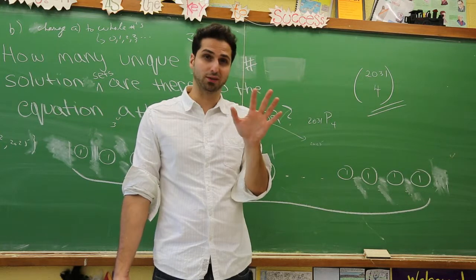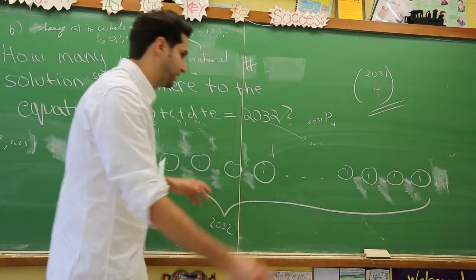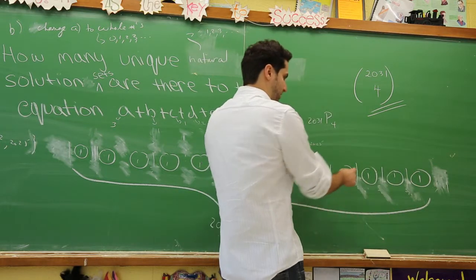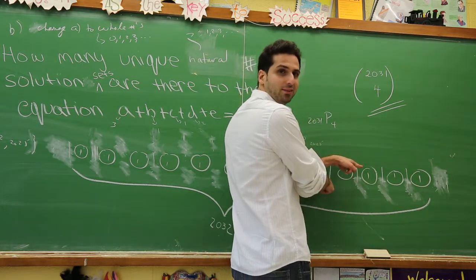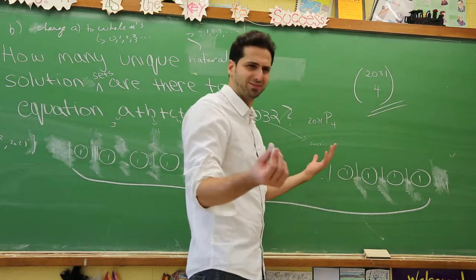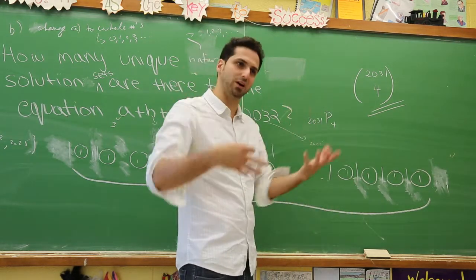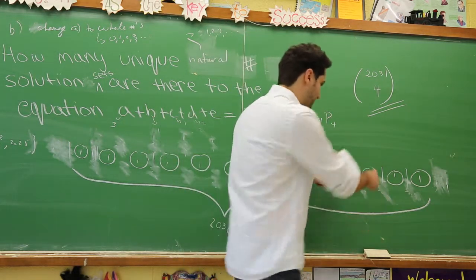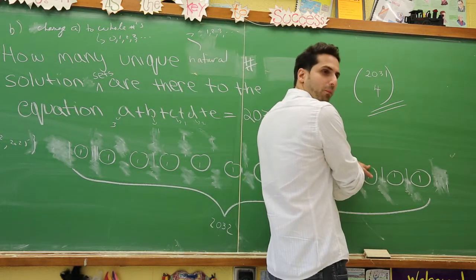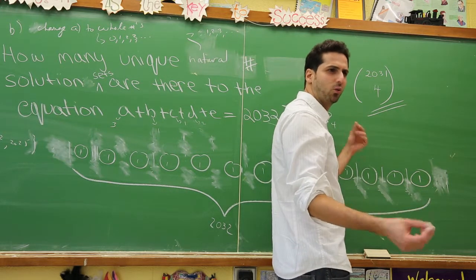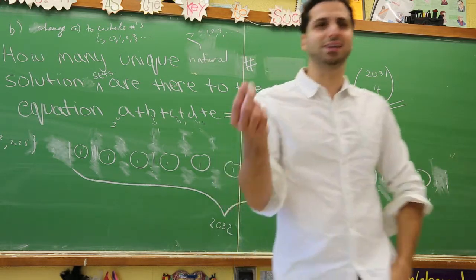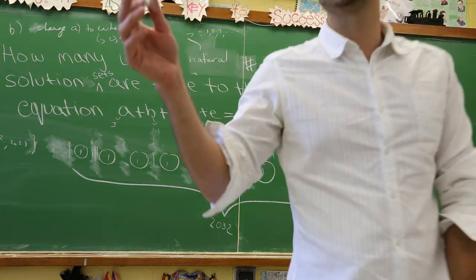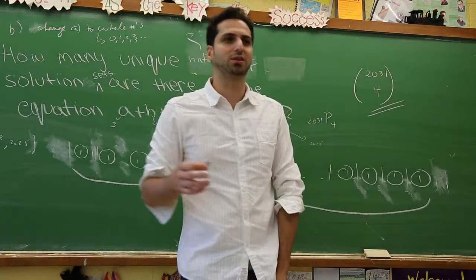Can you tell the bars apart? No. If I go bar, bar, bar, bar, is that different than if I took these 2 bars and swapped them? No, they're all the same bar, because they all represent the same function. And the boulders, if I take these 2 boulders and swap their position, does it matter? They're all 1s. So really, it's like if I asked you, how many visually distinguishable lineups can I create with